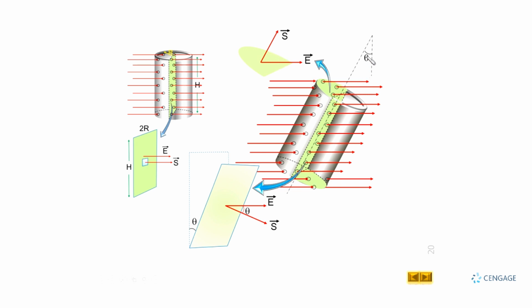We know the axis of this cylinder is making angle theta with the vertical, and the area vector is parallel with the axis of the cylinder, because the area vector should be perpendicular to the surface and this electric field is horizontal. So, we can say if this angle is theta, then this angle should be equal to 90 minus theta. Similarly, for this surface, we can write the same angle and area vector and electric field. This is the electric field, area vector, and this is the angle. Now, let us calculate the flux for all three surfaces.